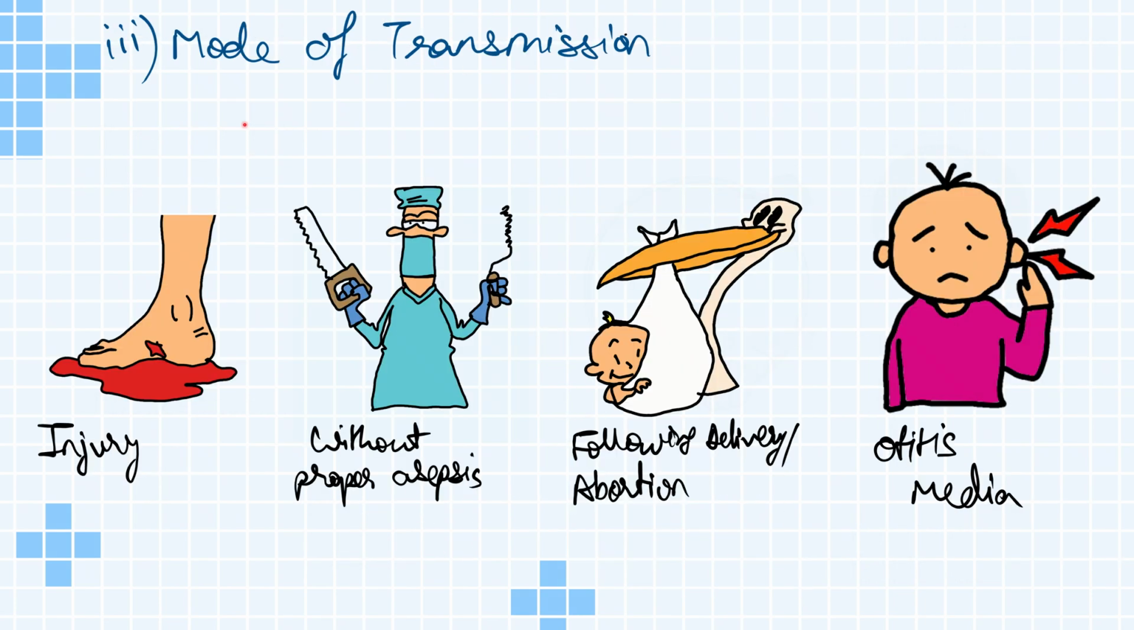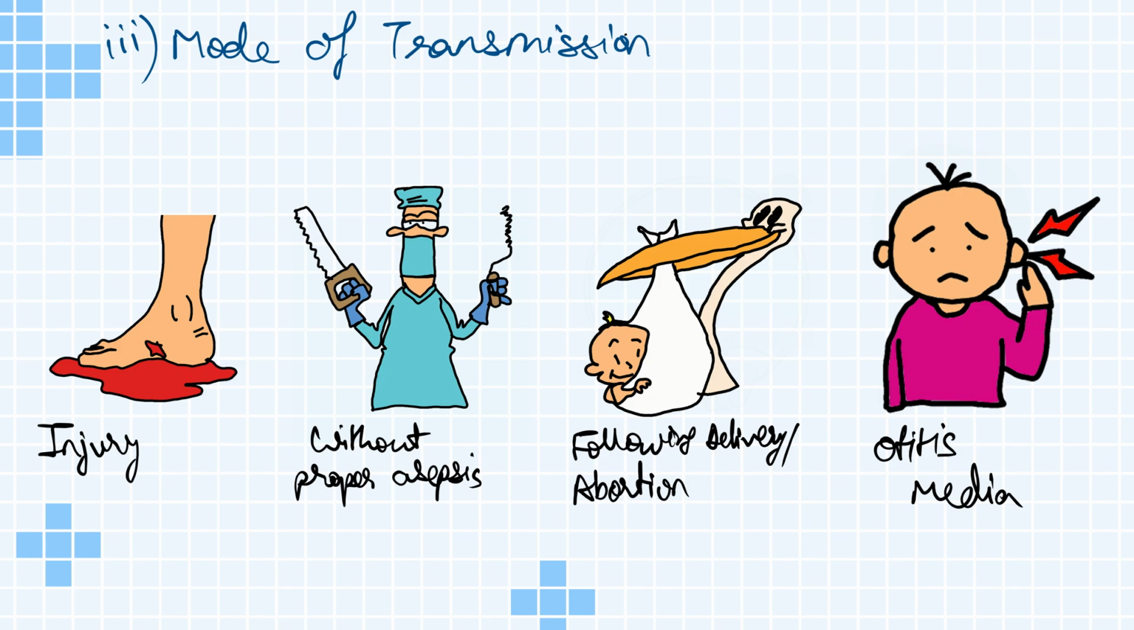Tetanus is not spread from person to person. It occurs when Clostridium tetani spores enter the body through contaminated wounds or infected sites. Common modes of transmission include injury or puncture wounds contaminated with soil or dirt, surgical procedures performed without proper aseptic precautions, infection following delivery or unsafe abortion, especially neonatal tetanus, and sometimes chronic infections like otitis media can also act